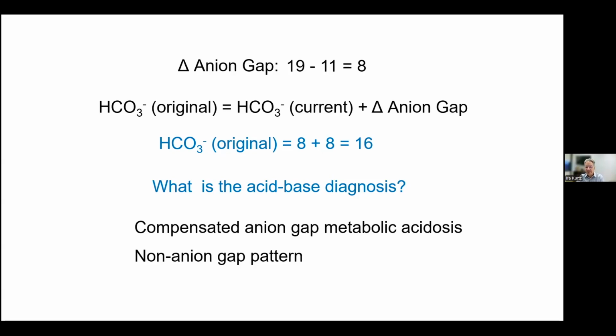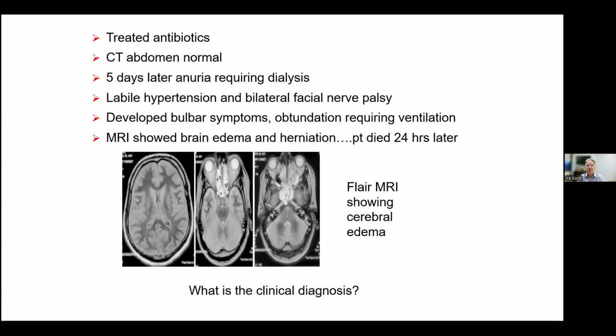This would be an exam question where you have two types of metabolic acidosis, and you only know it by adding your delta anion gap to the current bicarbonate. So the question is, what was going on? And this patient was treated with antibiotics. CT of the abdomen was normal, but 5 days later, the patient required dialysis, labile hypertension, neurologic symptoms started, bilateral